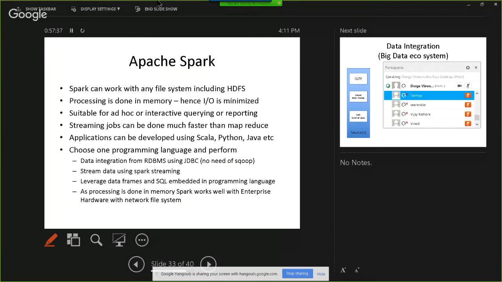You can issue Hive queries from Spark directly, and you can do additional processing on top of these things using Scala or Python as programming languages with Spark APIs, and you can proceed further. So compared to MapReduce based applications, there will be fewer moving parts, and your application development will be much faster. Okay, so that's why Spark is pushed so hard by Cloudera.